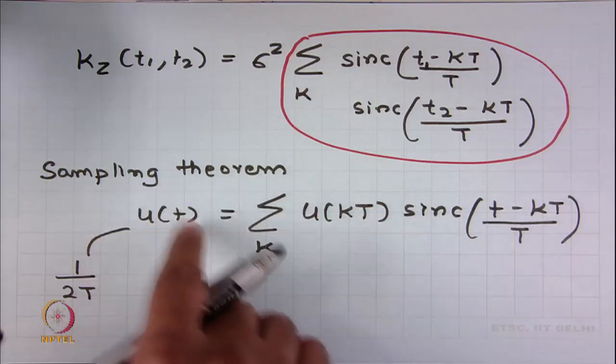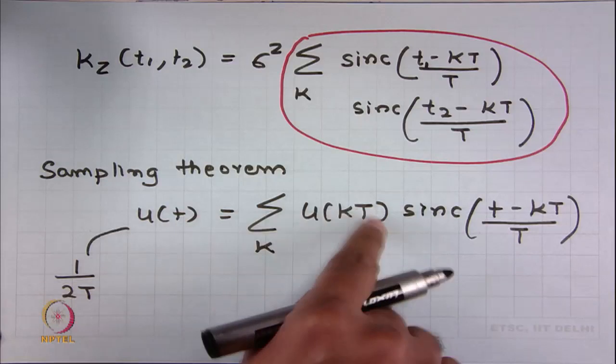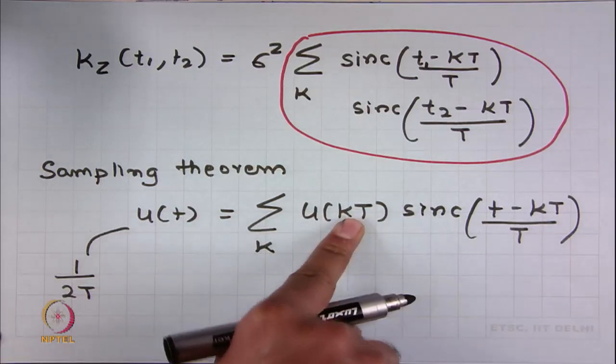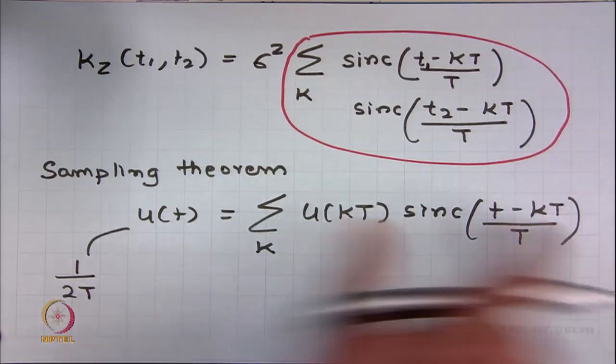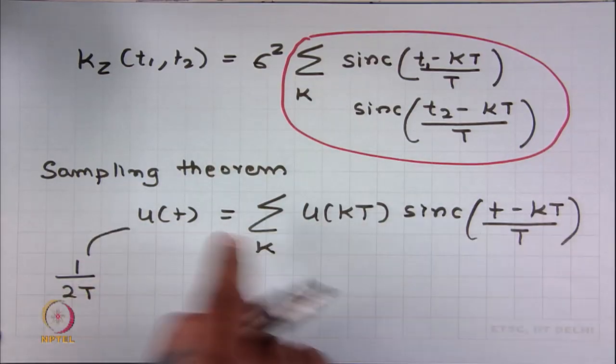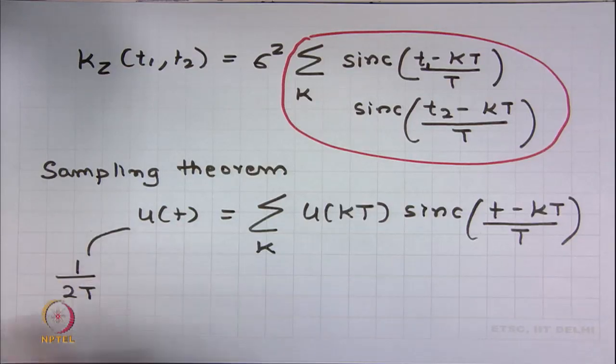You can think about the signal from its samples. So, u(kT) are the samples of u(t) collected at integer multiples of T, and around these samples you need to put this sinc cap, and then you can recover back u(t). So, this is the sampling theorem. It works if u(t) is band limited to 1 by 2T. So, using the sampling theorem,